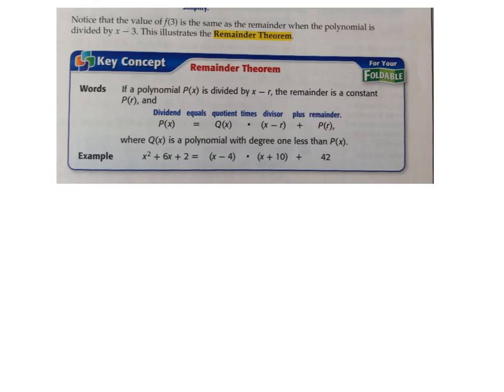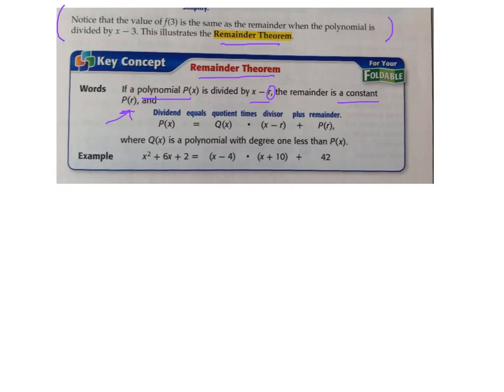The first key concept is the remainder theorem, which I think is nicely summed up by the sentence above it. It says, notice that the value of f of 3 is the same as the remainder when the polynomial is divided by x minus 3, which illustrates the remainder theorem. Then it has the key concept box, where it says the same thing over again. If a polynomial p of x is divided by x minus r, the remainder is a constant, which is p of r, or it means if you take r and plug it back into p, you get the remainder, which